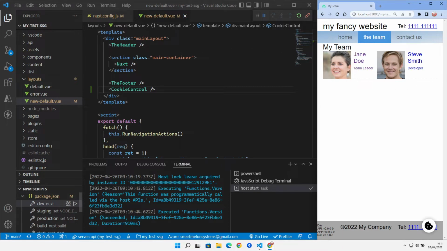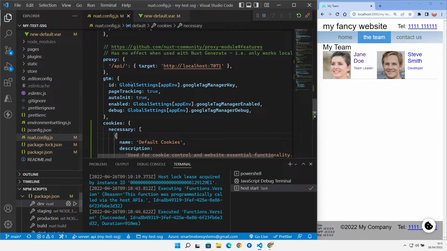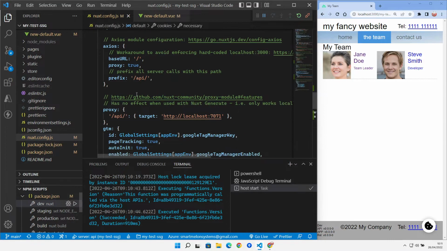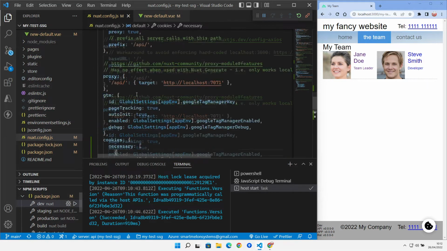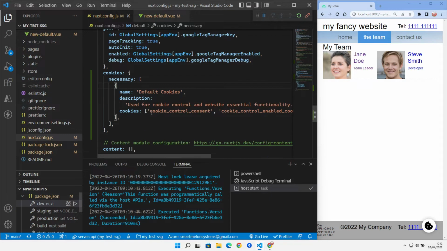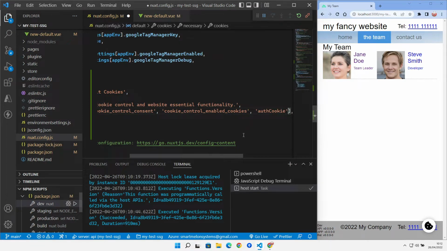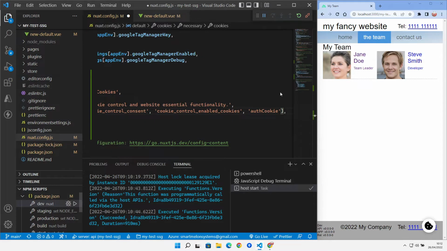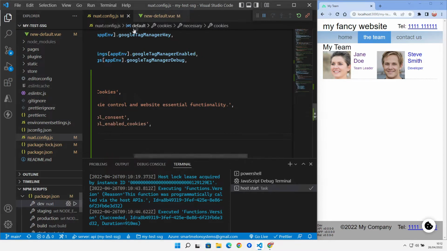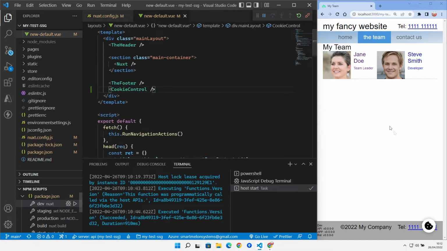So we know that when we call our API, we've got an auth cookie that we need to use that holds our authentication to the API. So how can we show that to the end user, that that's what we need to do? So let's come over to the cookies here, and as well as those cookies, we can say that the auth cookie is a mandatory cookie, and we can save that while we're there, and come back over to the layout, and